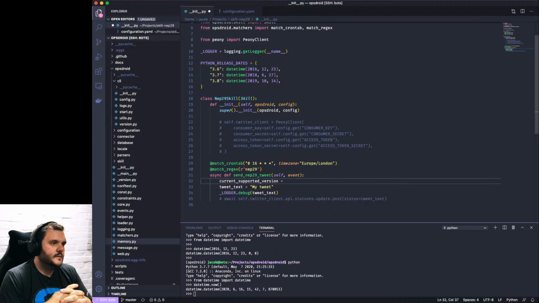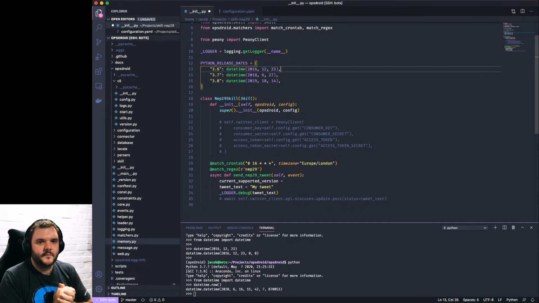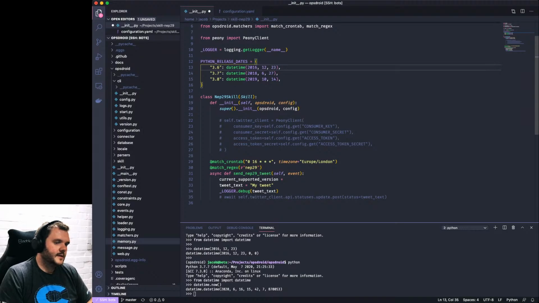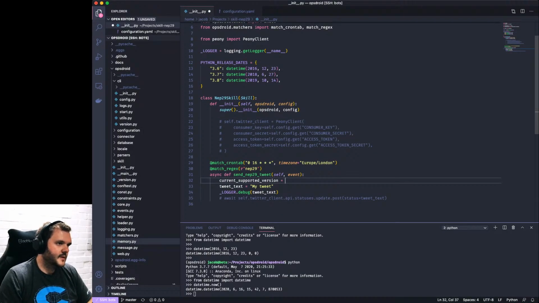There's a Python release date. Current supported version. I want the first item from the array where this plus 42 months is less than now. Right? I think that makes sense.